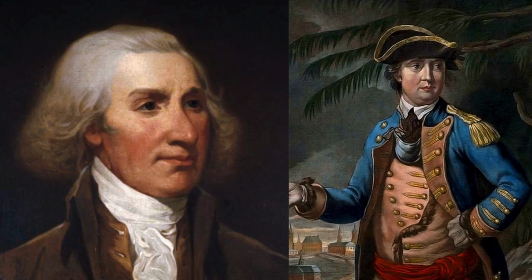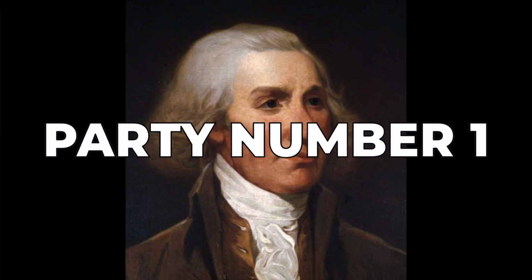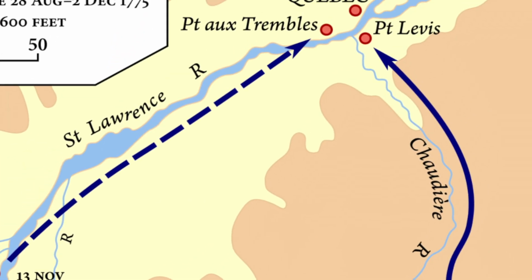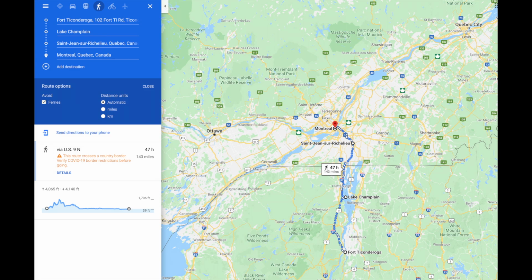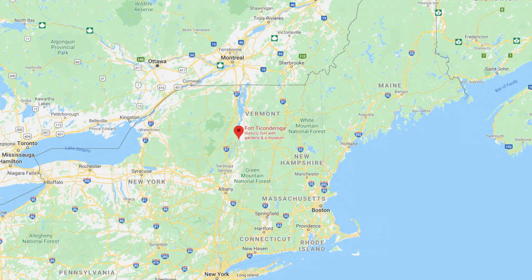They split into 2 main parties. One party was led by General Philip Schuyler, and the other by General Benedict Arnold. The party led by Schuyler, we'll refer to this as Party Number 1, went a little like this. With modern boundaries, it looks a little like this. However, there's this part, but we'll get back to that in a bit. He embarked from Fort Ticonderoga, where the Dixon Ticonderoga pencils are processed, in upstate New York on August 28, 1775,